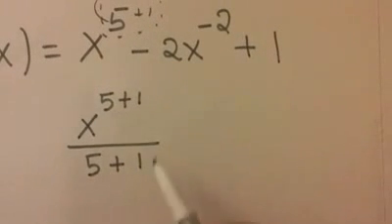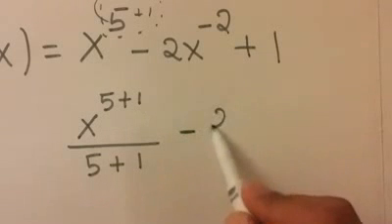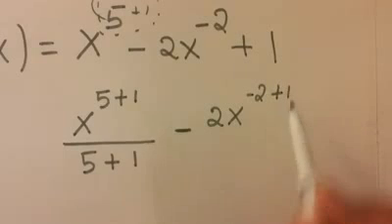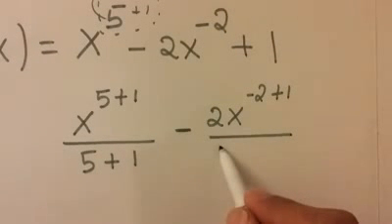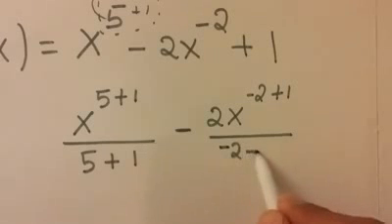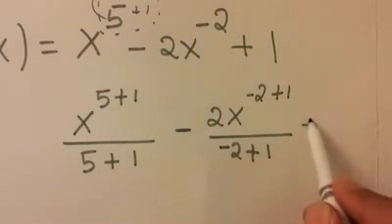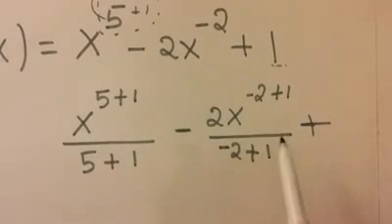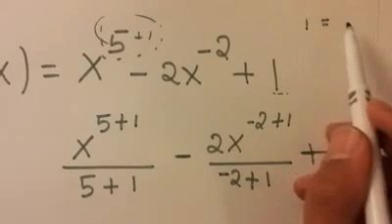So let's integrate the second term. Minus, we have 2x, we add 1 to the power, and then we divide that term by our new power, so that would be negative 2 plus 1. And for a constant like this 1, it will always be, if it's 1, this antiderivative would be